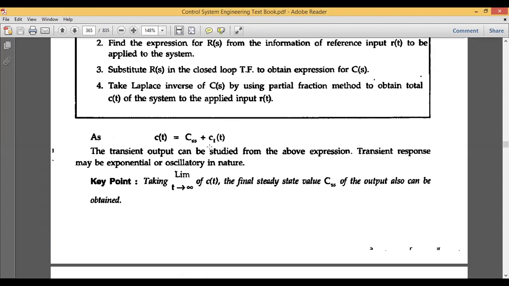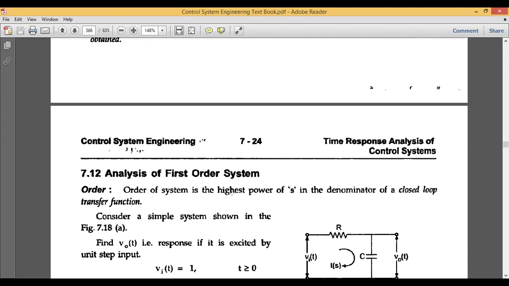Okay, but you may get some kind of error, and you need to calculate that error using the steady state error formula. So this is the key point you should take care of, that is C of ss. Okay, now